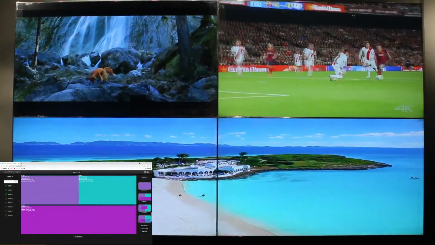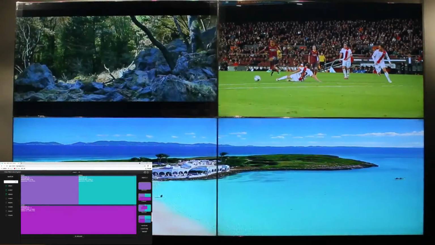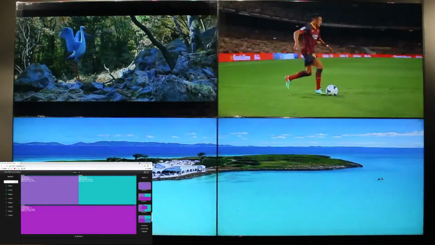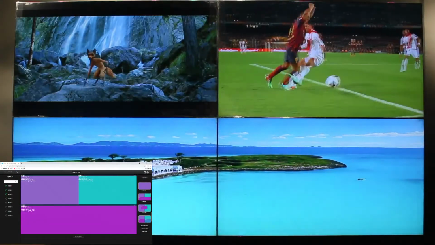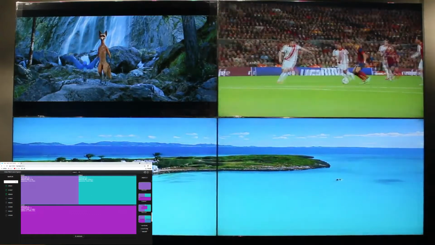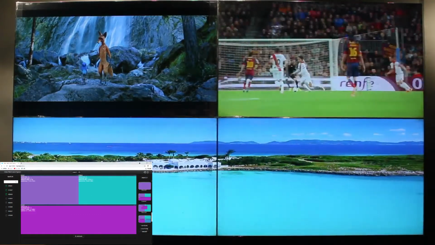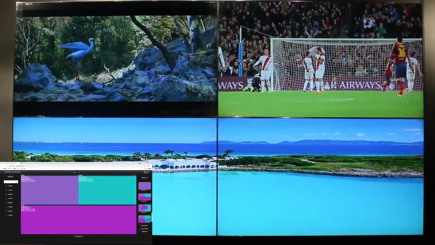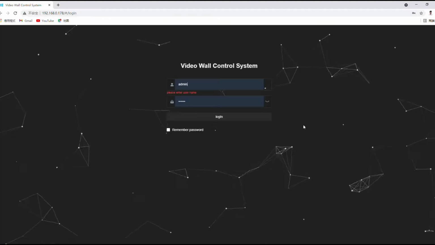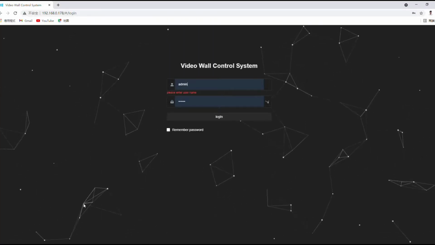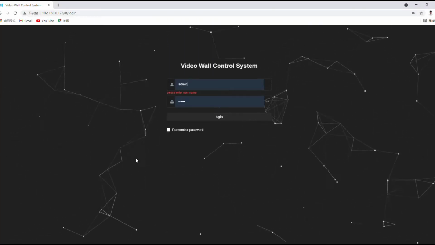Today we are going to show our BKLB dual controller. BKLB dual controller is a pure hardware based FPGA dual controller, and there are two controlling methods. You can control by PC software as well as by web control system. So let's move on to the web control interface.